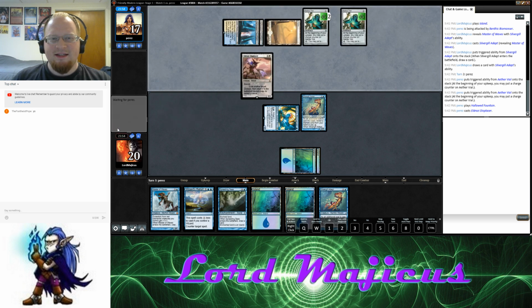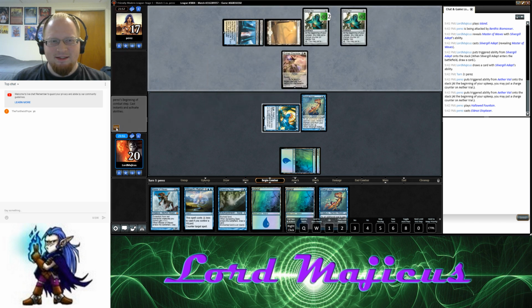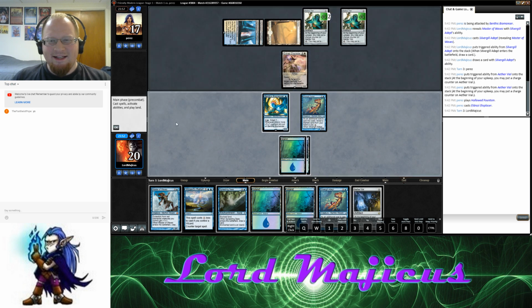Eldrazi Displacer. That does not make me happy. That card is really dangerous for us. However, the good news is he doesn't have any colorless mana to use with it right now. Let's see. I don't think double blue is particularly relevant to anything. What I think we're going to do this turn...